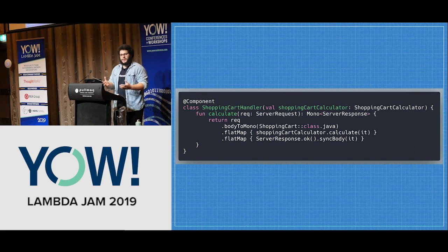So if we talk about a handler, right? We saw before we have this shopping cart handler. You give it a server request and you do something with it. One of the major advantages of Spring 5 for functional programming in Kotlin is they actually give you a quasi-monadic API for dealing with requests. They introduce a reactive extension like library called Project Reactor,